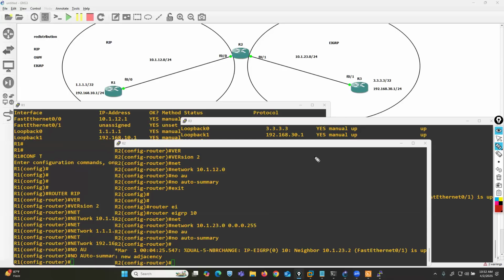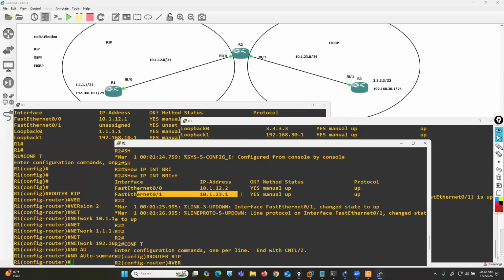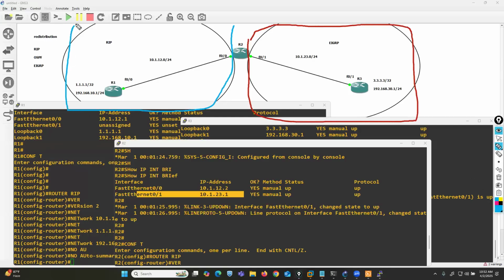See, we have an IP on FastEthernet 0/1, 10.1.23.1. This portion we are using for the EIGRP network, and this portion we are using for the RIP protocol. For example, I'm working in a network design